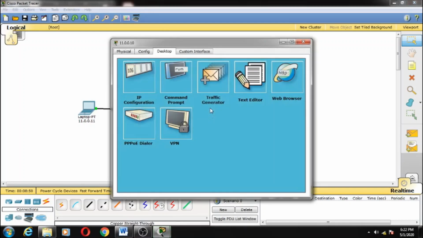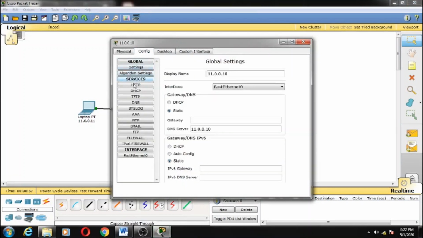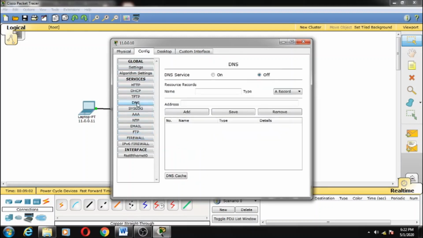So we'll click back the server and then we'll go to the configuration part of the server. We see that there are a number of services available. We are interested in DNS.